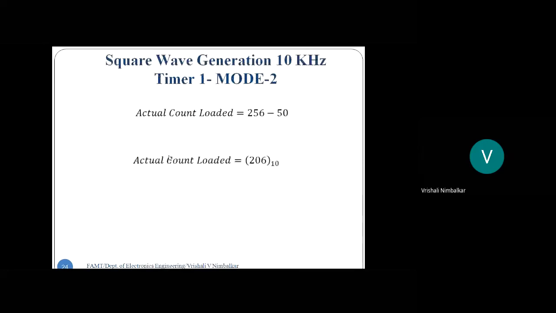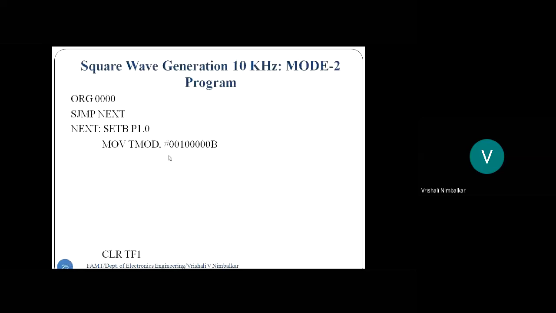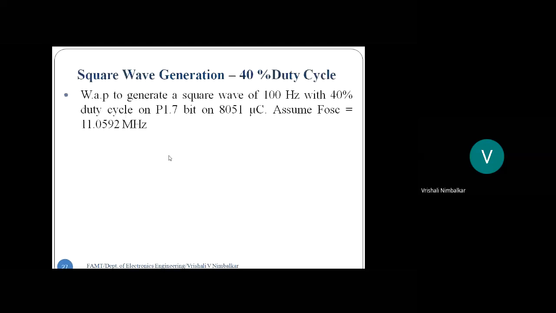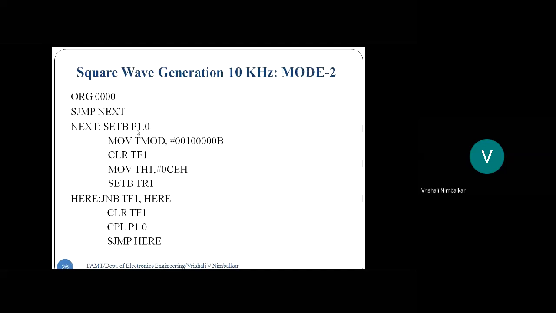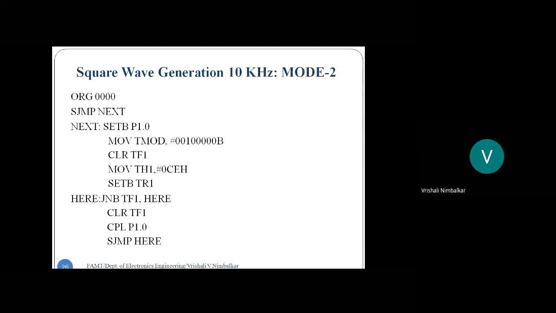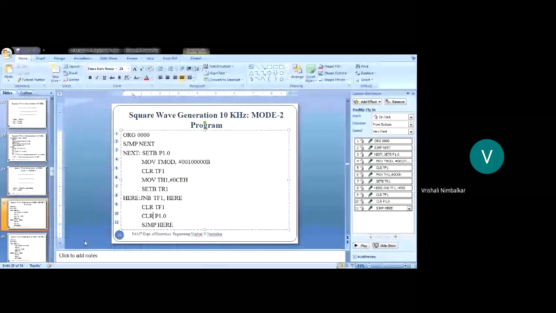Correct? Whereas in case of mode 2, this is how we need to write the program. Is that okay? Now see here, students, initially I had written SETB P1.0. I even need not do this. See, I need not do that. Right? So instead of setting, since we had thought of the algorithm like this, since I'm going to write the complement instruction, correct? Right? Just let me change the slide.